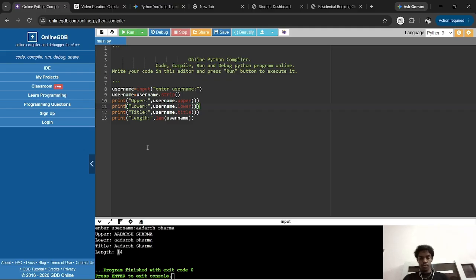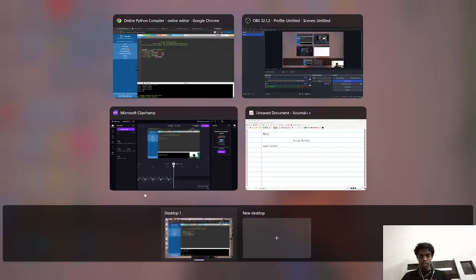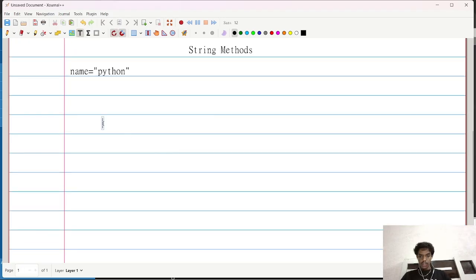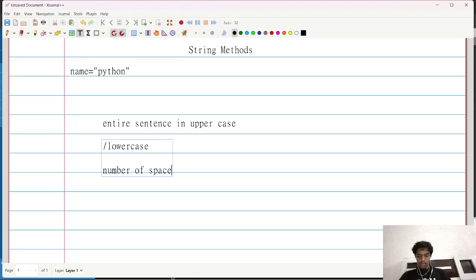Some practice questions for you: print the entire sentence in uppercase, in lowercase also, count the number of spaces, and replace spaces with an underscore. Okay,